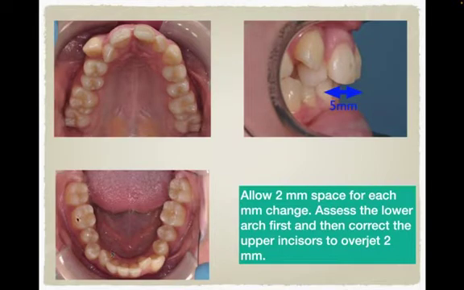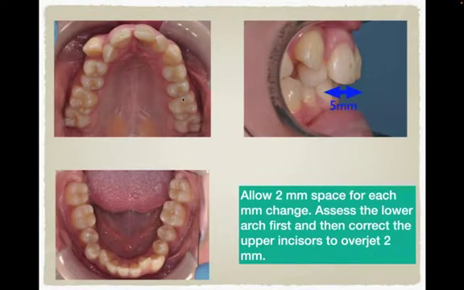So we will procline the lower incisors by 2 millimeter. That will reduce the overjet to 3 millimeter. Now we don't need 6 millimeter of space to reduce the overjet. What we need is only 1 millimeter of retraction of the incisors,